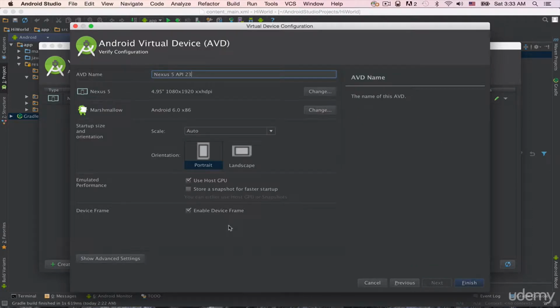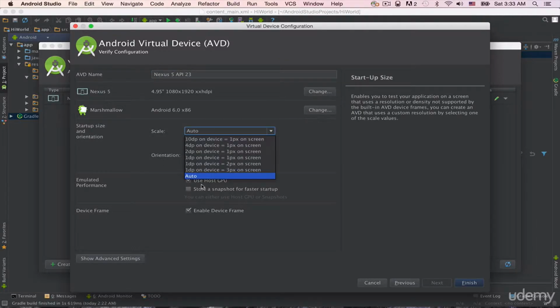And here you can change some of the settings. You can change the AVD name, and here, as you can see, the system image that I told you about. The scale auto is the best option, because it's going to adjust the virtual device according to your screen sizes. And this orientation is not very important, but if you have HAXM installed in your computer, and